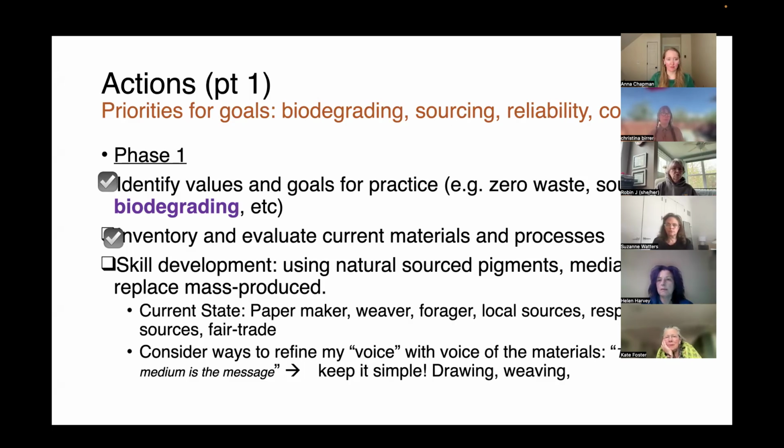I did a quick inventory of what I'm currently working with and realized that I have a lot of skills development. I've got a lot to learn in terms of how to make these different materials work and how to forage for them, acquire them, the whole cradle to grave, I think. Well, I'm hoping to not have the grave. I'm hoping to just keep going anyway. Next slide.